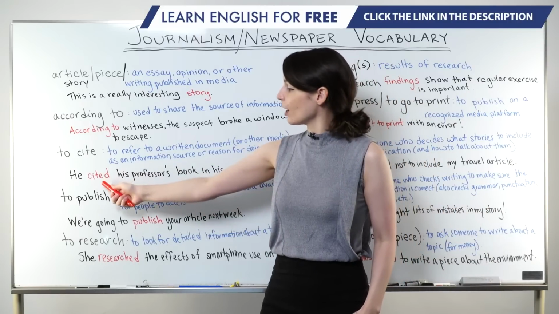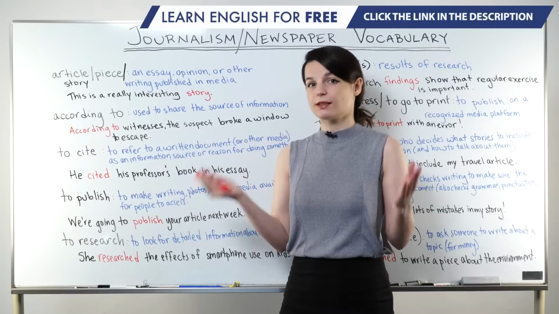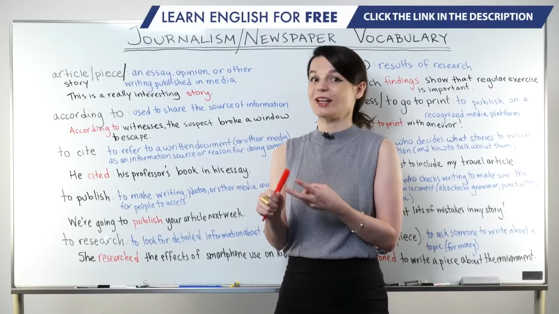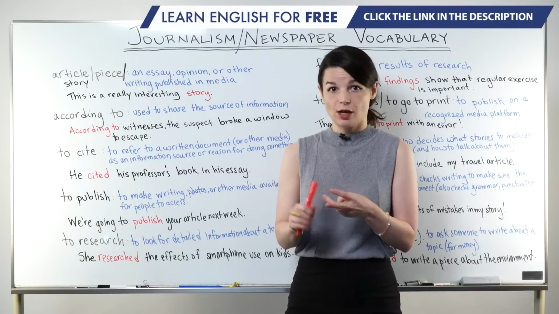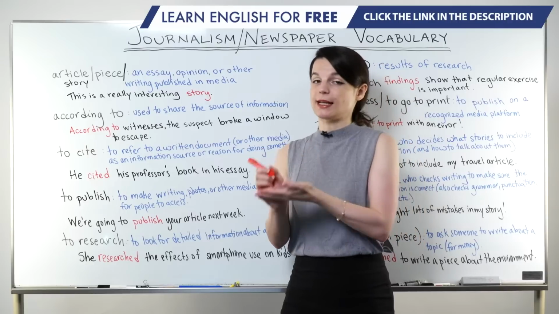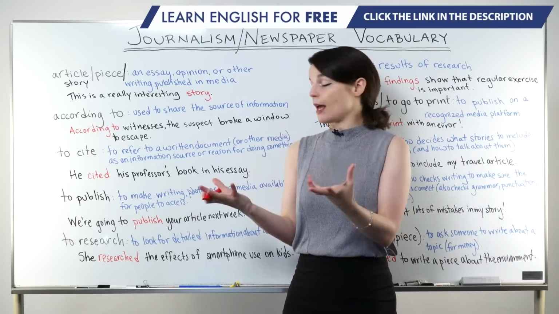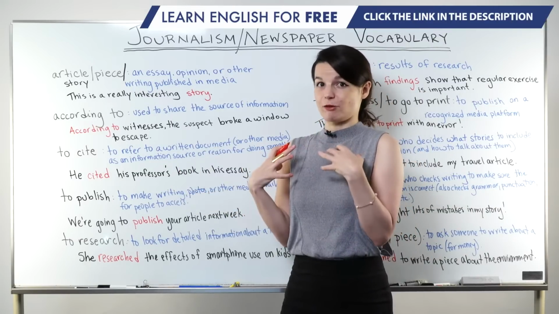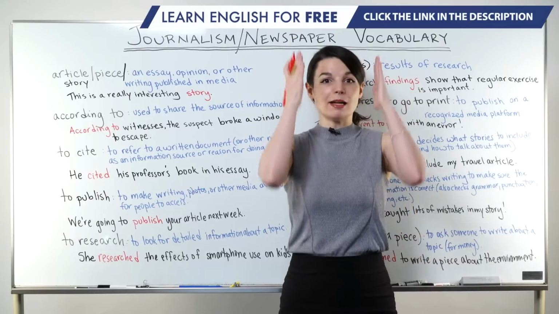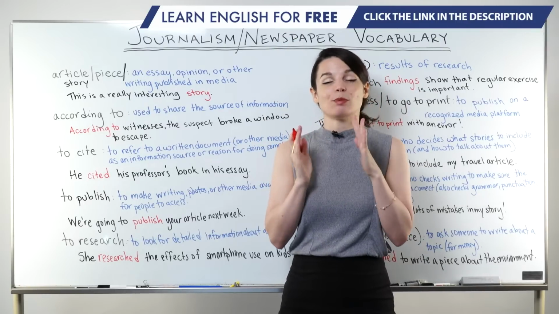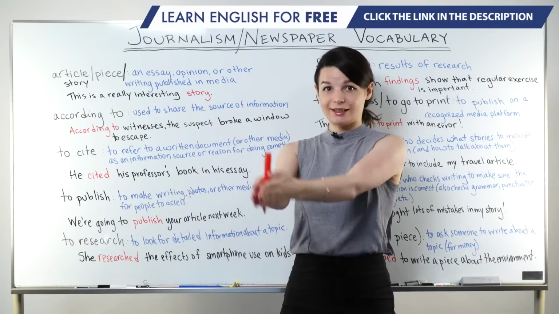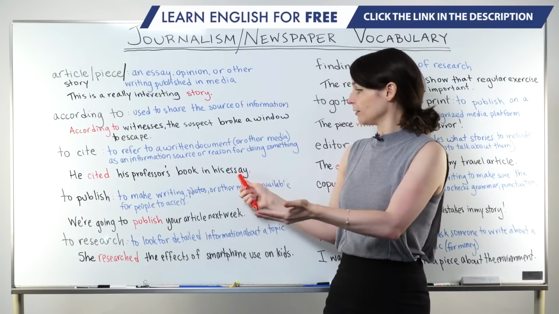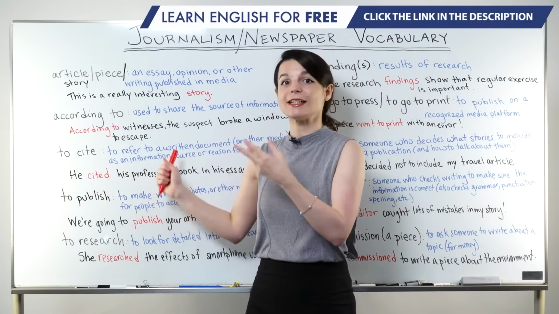So we can talk about other sources. Usually when we use cite, we're talking about written information. So this can be a thesis paper, it can be an essay, it can be a newspaper article. So we cite information, we cite our sources to make our writing clearer and to show where we got our information from. So it's like saying, this is my opinion. The reason I have this opinion is because I read this information, and this information. So we can check kind of the background of the writing by looking at the things the writer cited.